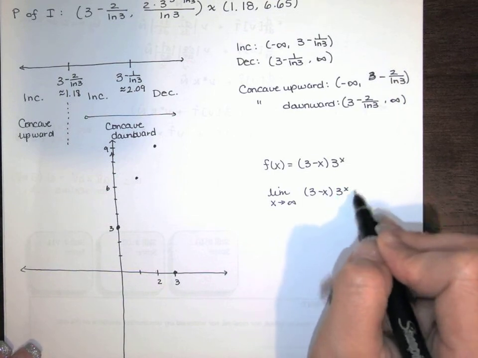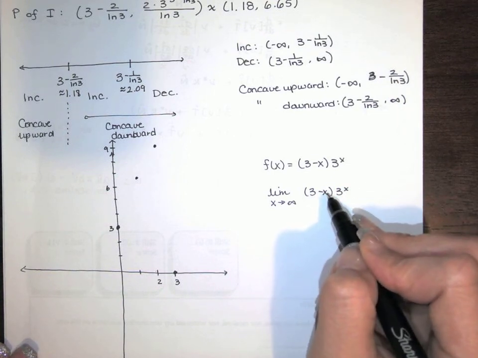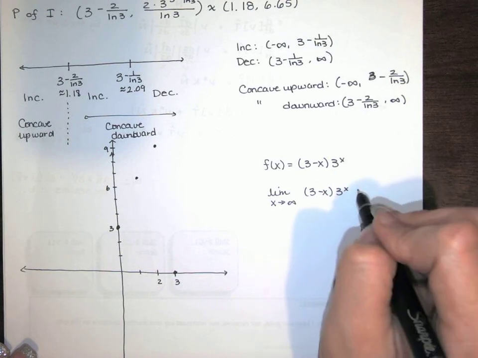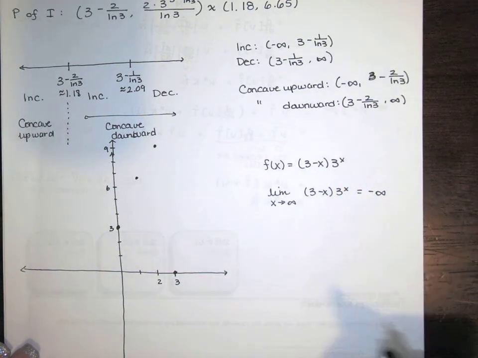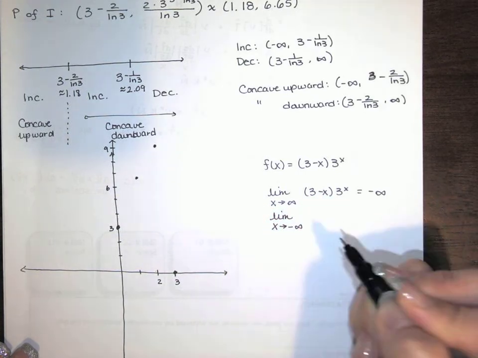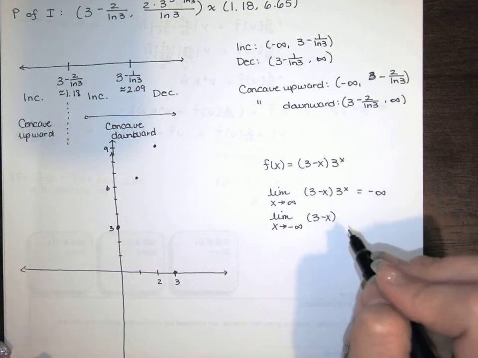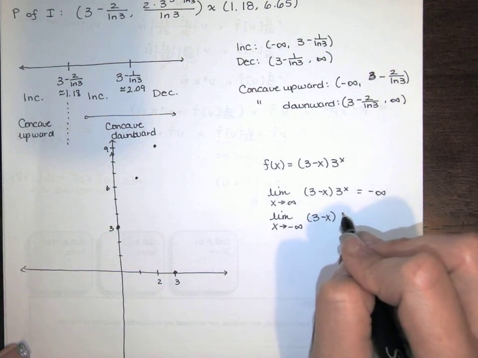3 to the x will be approaching infinity, and then this will be approaching negative infinity. So I've got a large negative number times a large positive number, so we should go to negative infinity as x goes to positive infinity. And as x goes to negative infinity,